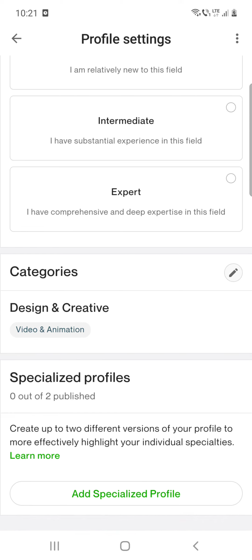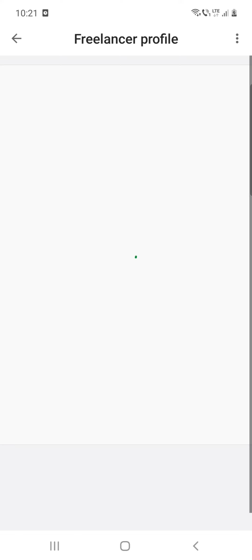After that you can see the specialized profiles. So create up to 2 different versions of your profile to more effectively highlight your individual specialties. So click on the add specialized profile,